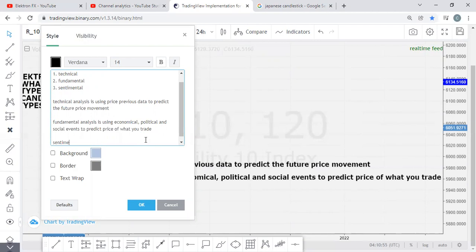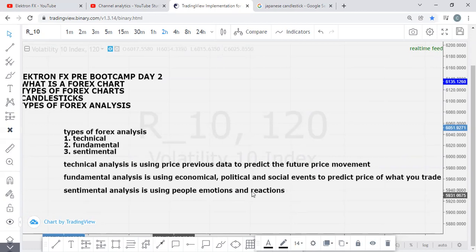Sentimental is using people's feelings, emotions, and reactions. So you're simply using people's emotions and reactions to predict price movements, right? So for instance, let's assume that the government says, okay, from today, we have abolished